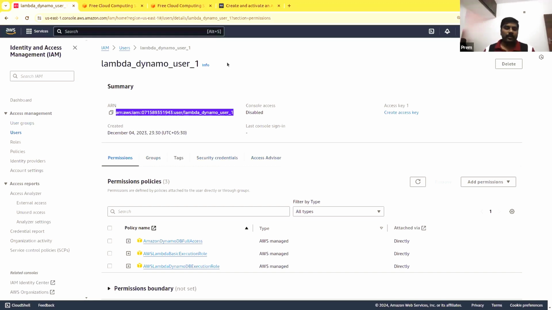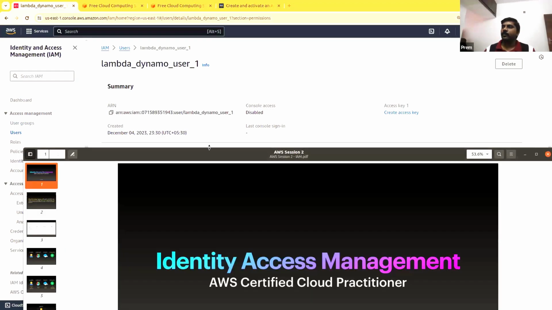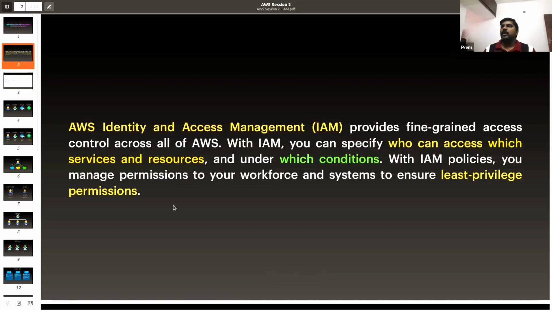Okay. So coming to the concepts of IAM. What is IAM? AWS Identity and Access Management provides fine-grained access control across all of AWS. With IAM, you can specify who can access which service and resource and under which condition. We can also specify conditions. For example, this EC2 instance can access this database only under the condition of a particular operation, or only if a request is coming from this IP address and things like that.